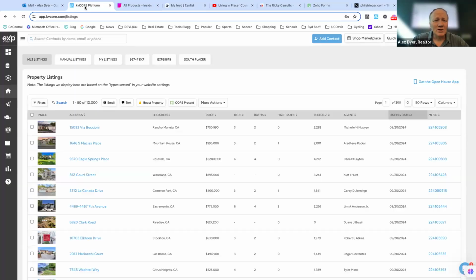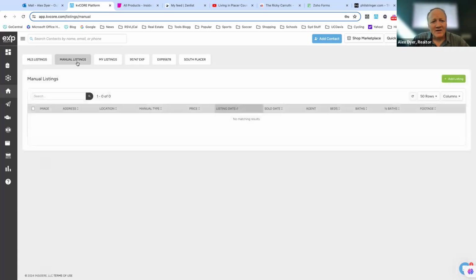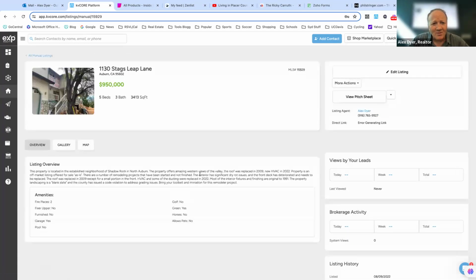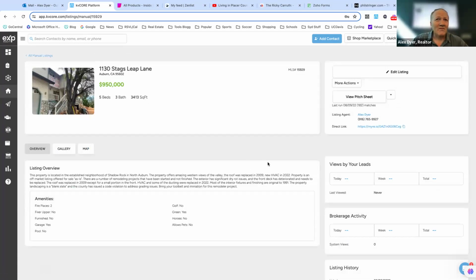Now let's jump over. I want to show you something, and I didn't cover this last week, but I was thinking about it afterwards. Within KV Core, we have manual listings. I don't know if you're aware of this, but these are the manual listings. I haven't done one in a minute, but one thing I was doing is going in, and so if I have a property that's not officially listed, or maybe I find it on Craigslist and I have a buyer in tow for that property,